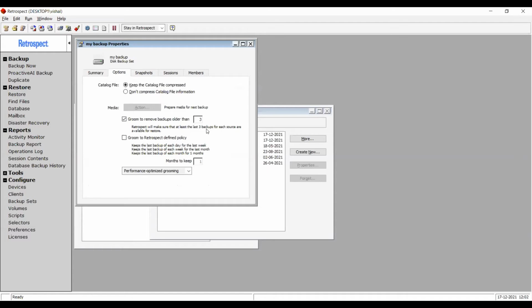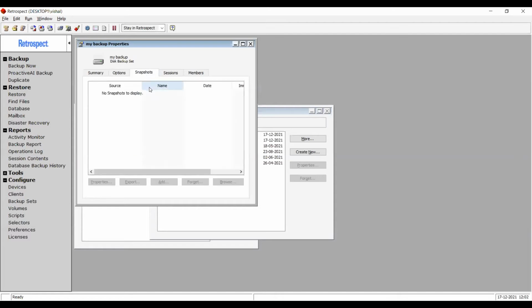So if you see, it says keep at least set number of last backups for each source. Okay, so if I'm backing up my C and D drive of the computer, then I will see 3 snapshots of C drive and 3 snapshots of D drive, which will be the most recent snapshots. And even if those snapshots were created during an incremental backup, they still point to the files that were present on the source when the snapshot was created. And if that file was backed up like 10 years ago, that file still is preserved. So that file will not be groomed by the grooming option.